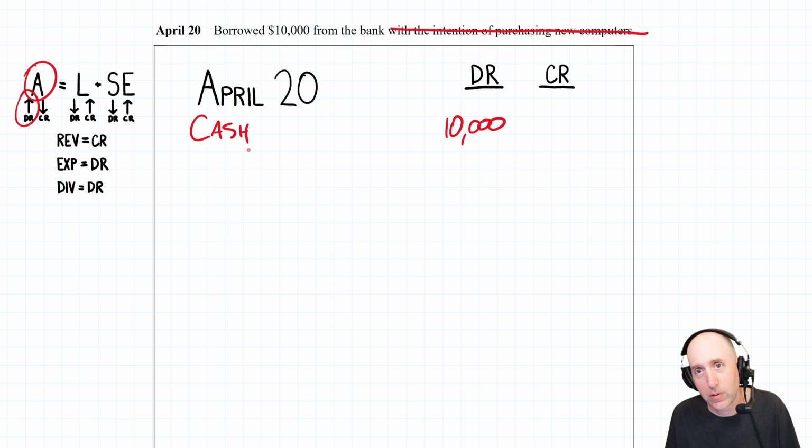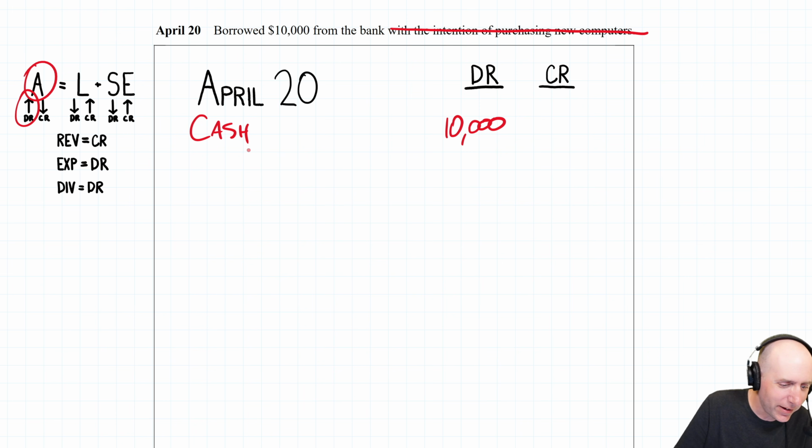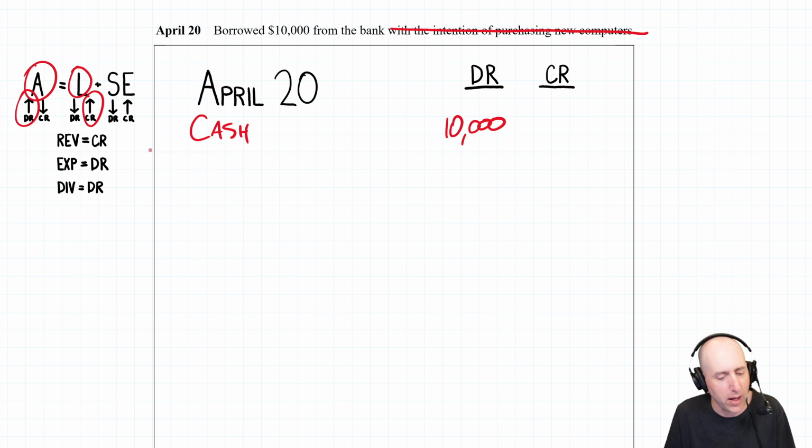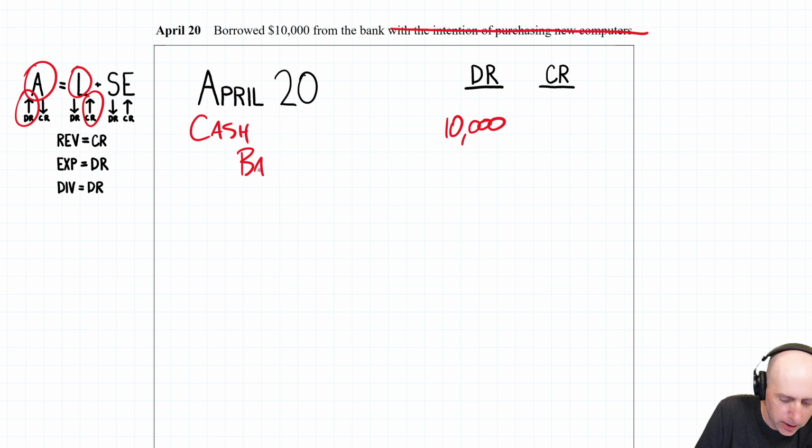Asset, liability, shareholders' equity, revenue, expense, or dividend. Of course, I was just about to say asset. It's a liability you owe on a bank loan. So it's a liability, and we owe the bank more today than we did yesterday. We're going to credit that liability to make it go up. Credit bank loan